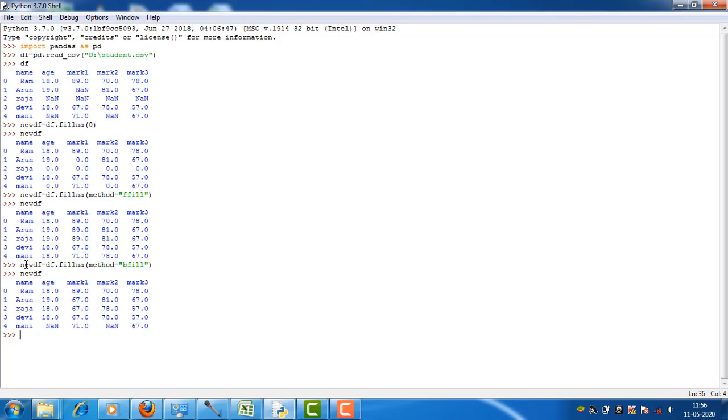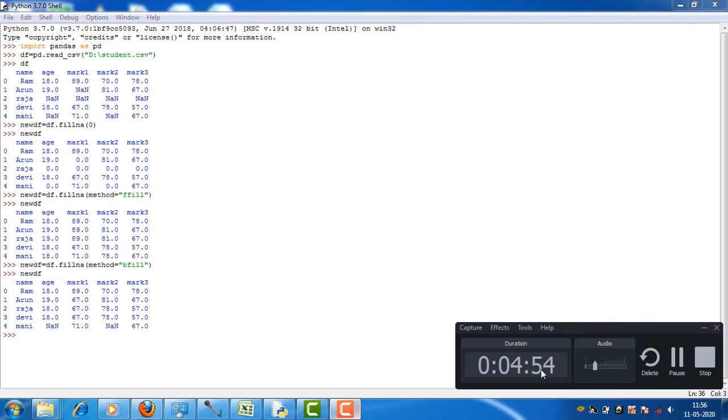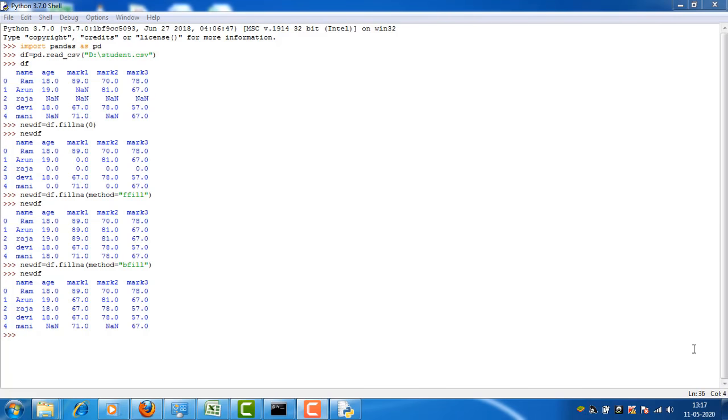So now the student Raja has the value 18, that is, the 18 is taken from the next record of Devi, right? So ffill is used to forward fill and bfill is used to backward fill. The methods ffill and bfill work column wise.